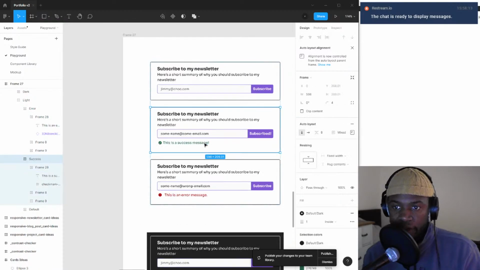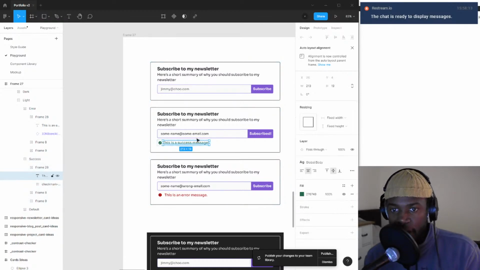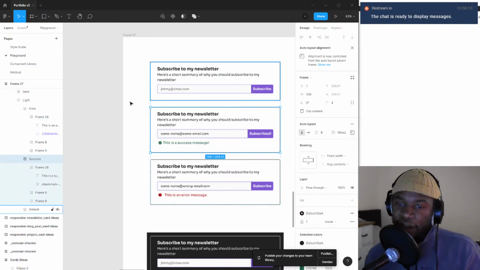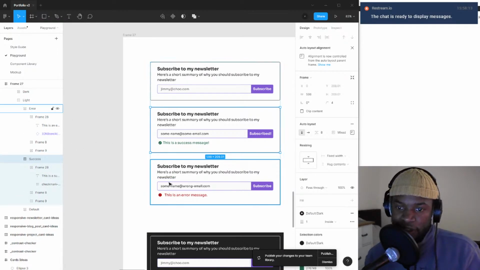Once the person hits submit, if they've put in a valid email and everything's all good, it's going to say subscribed, and then you're going to get a success message to say you're subscribed. And with error, of course, if you put in an email that doesn't exist, or if you're already subscribed, it's going to tell you you're already subscribed, with